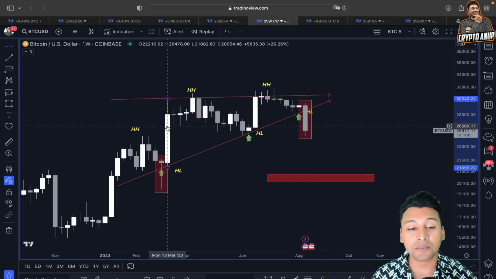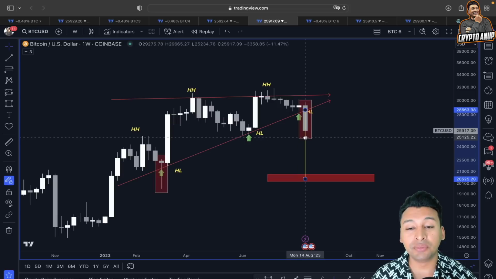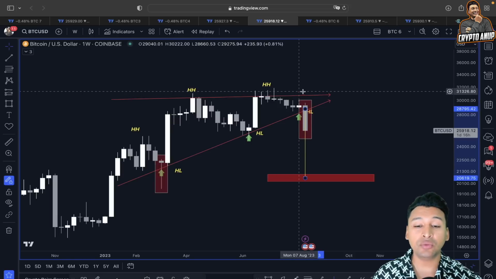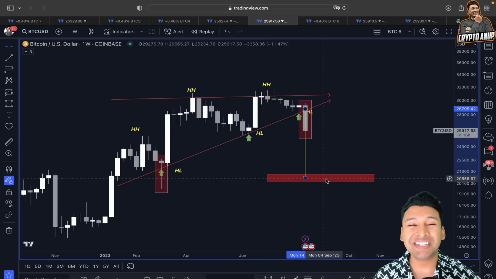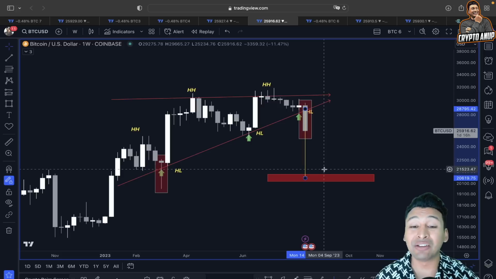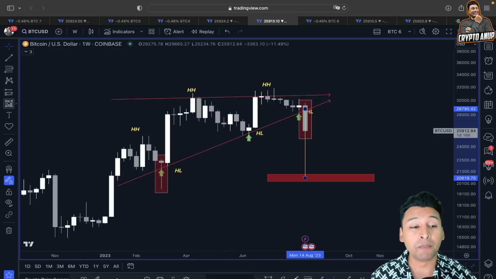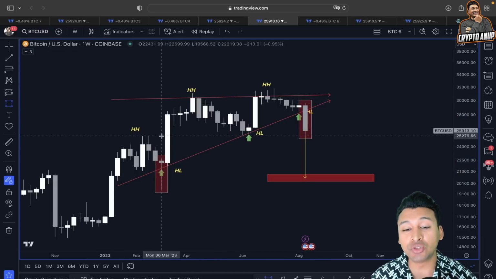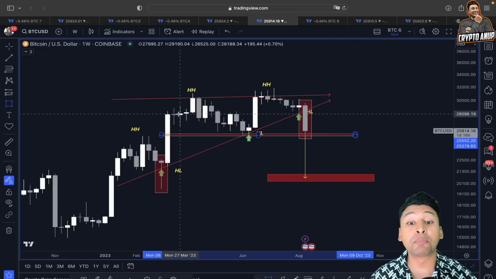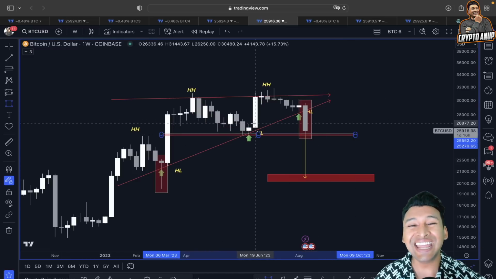And in that case, you can see the price opportunity from this rising wedge could be somewhere around 20,000 to 21,000 range. This is a very bearish scenario for Bitcoin. So I just want you guys to be very careful, because breaking the neckline or the support which we have around 25,000 means the price could also be breaking the neckline from this